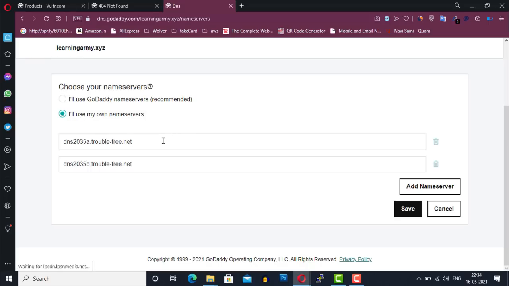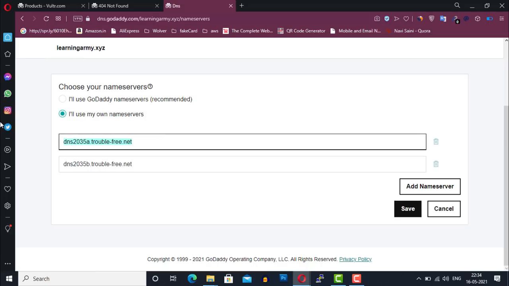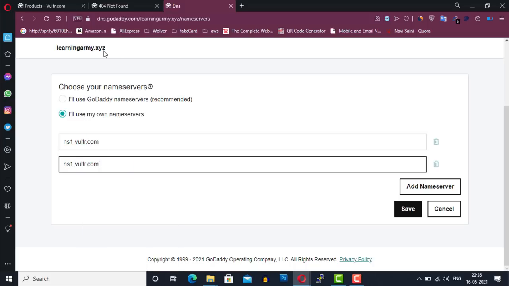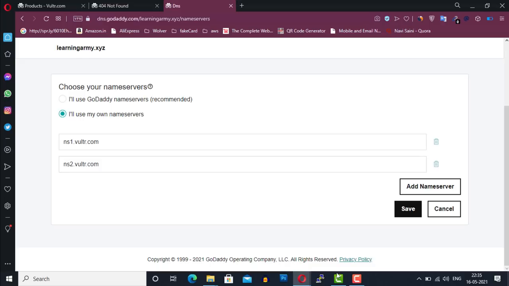Now in these boxes, enter your name servers. I'm using Vultr, so I'll enter Vultr's name servers, which are ns1.vultr.com, and the second one is ns2.vultr.com. These name servers will be different if you are using DigitalOcean, AWS or Google Cloud.